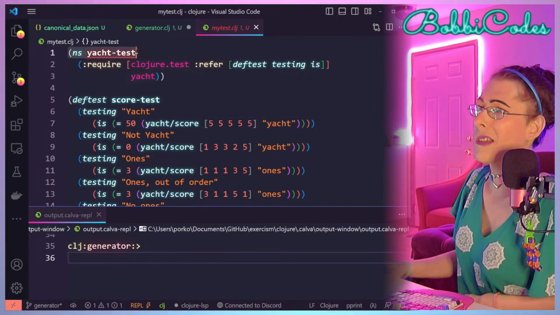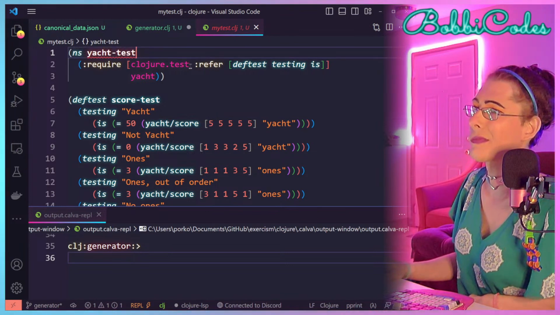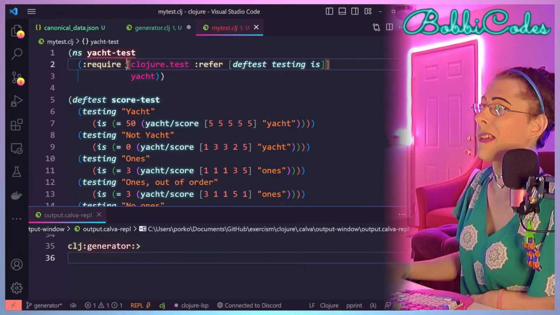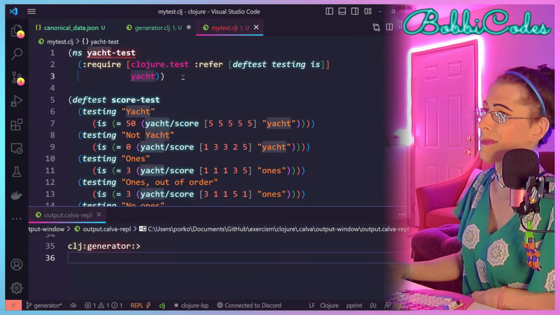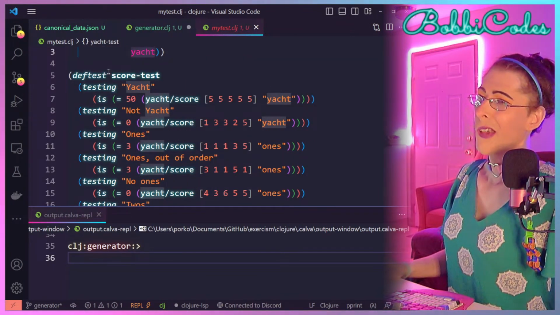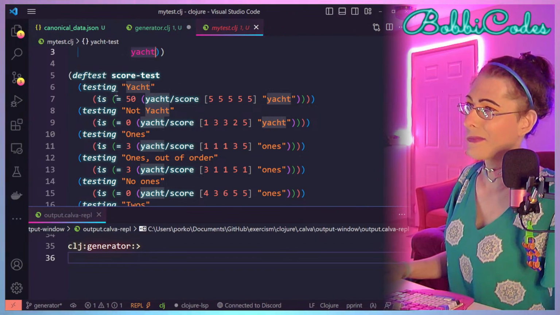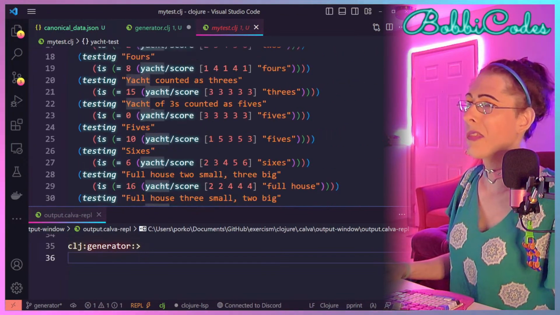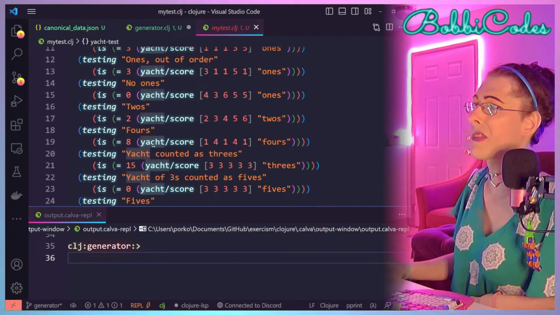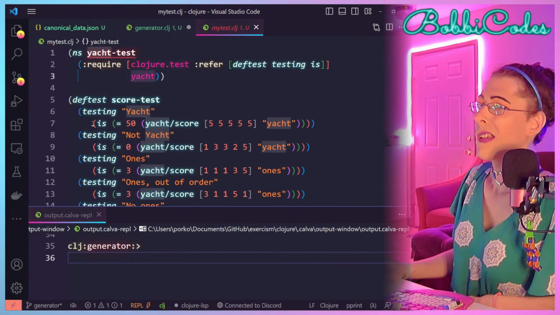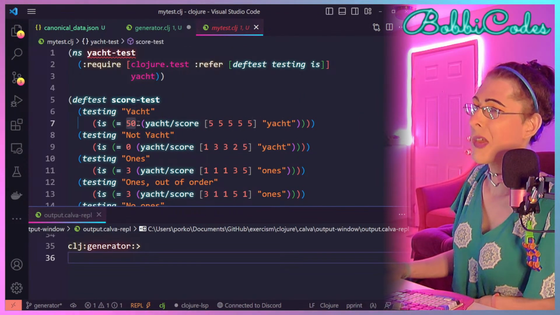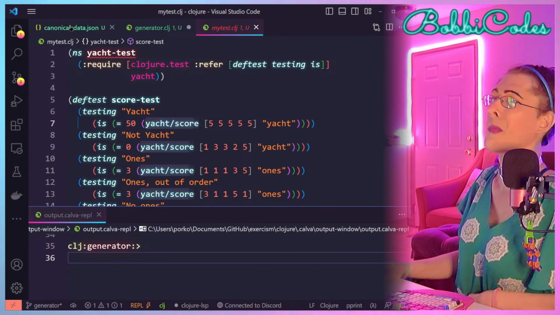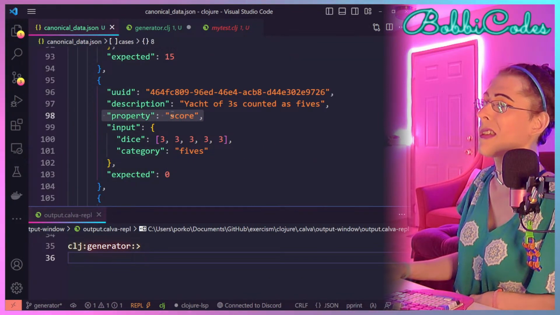So it's the yacht test namespace. There's the require form. We require the yacht namespace. And we have the def test, which is just one def test that has all of these testing blocks with all of the descriptions, the assertions, the expected value, the name of the function that we're calling, in other words, the property as it's called here in the JSON.